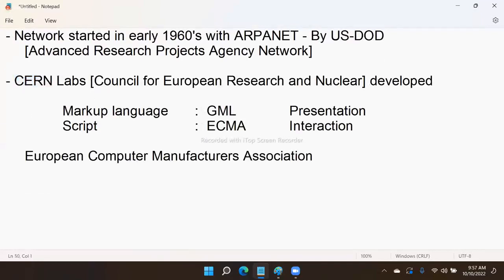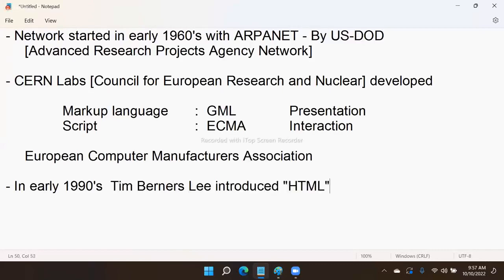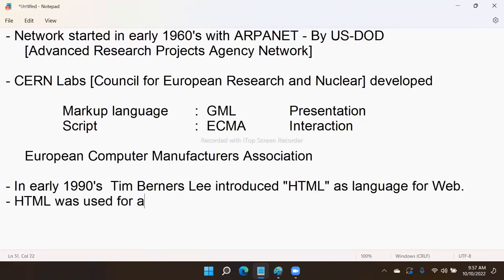After that, in the early 1990s, Tim Berners-Lee introduced HTML. He introduced HTML as the language for the web. And HTML was used for a browser